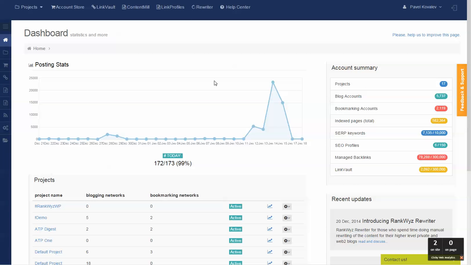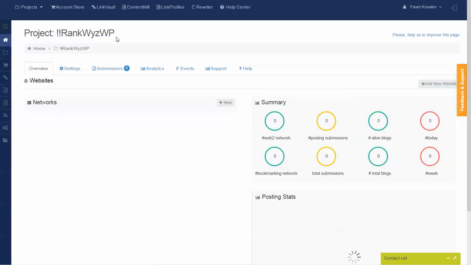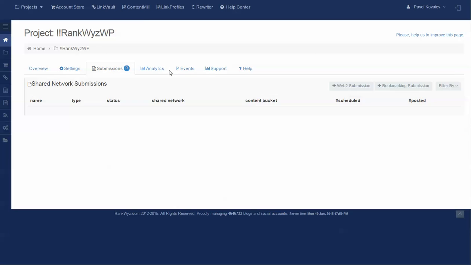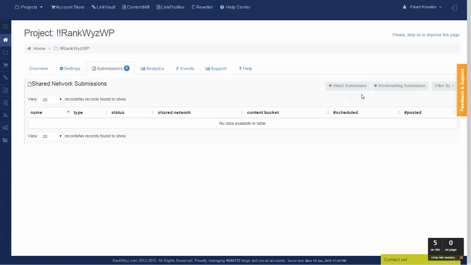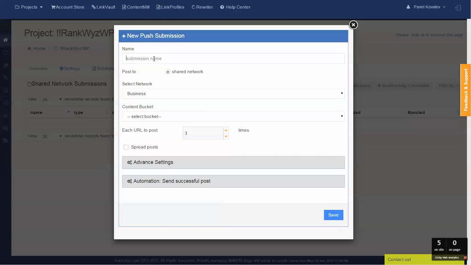So to demonstrate how to use this, I set up a simple project, RankWyz WP, and I'm not going to be using my own network blogs. To make it simple, I'm going to be using RankWyz managed networks and blogs. So I go to submissions, create a new Web2 submission. Let's say it's going to be my T1 submission. I'm going to post it in a shared network,